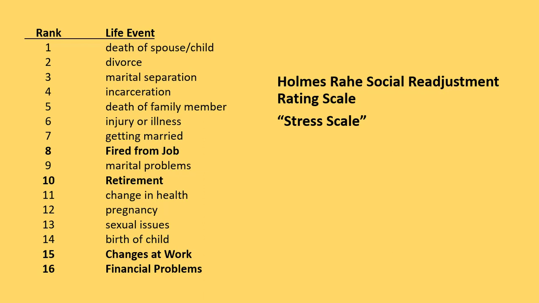So according to the scale, the most stressful thing that could happen to any of us would be the death of our spouse or of our child. That's easily obvious. I don't think anyone argued that's the most stressful thing that can happen to a human being. And that life event is assigned 100 points. That is a very stressful situation. The lowest number on the scale, which doesn't appear here, but just trust me, is like a minor legal violation, like getting a traffic or a speeding ticket. And that gives you 10 points, right?